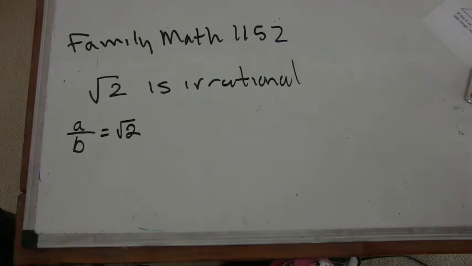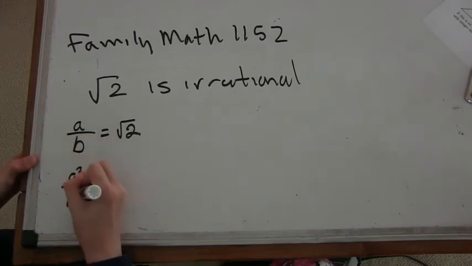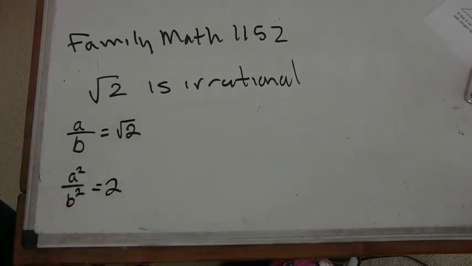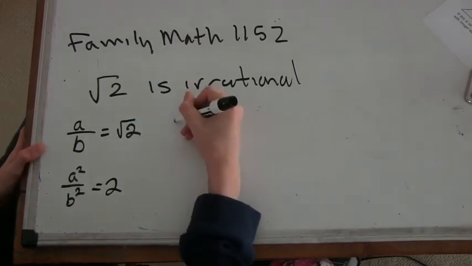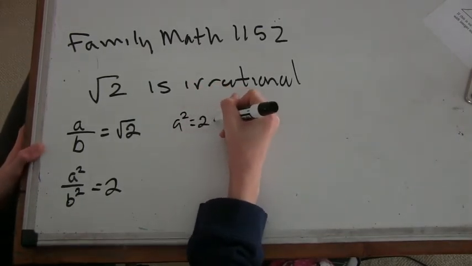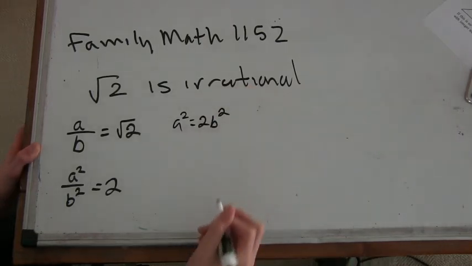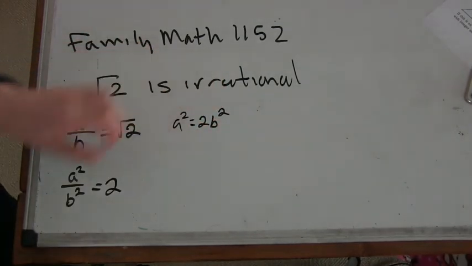Okay, good. So that means it's a ratio of 2 integers. Yep. Which we can put in lowest terms. Okay, so we square both sides now, and so we get a squared over b squared equals 2. Now we're going to multiply both sides by b squared, so we get a squared equals 2b squared. And now we know, since we're multiplying b squared by 2 and it equals a squared, we know a squared